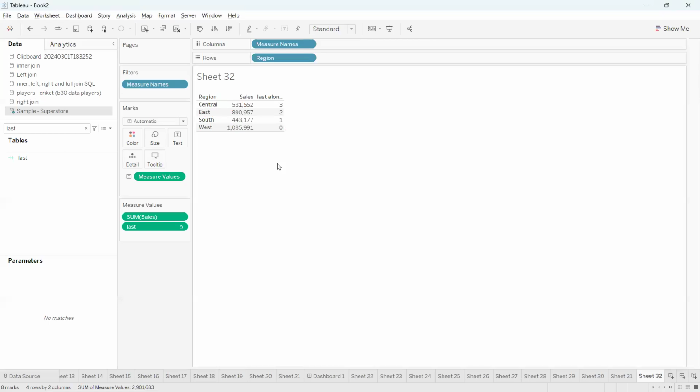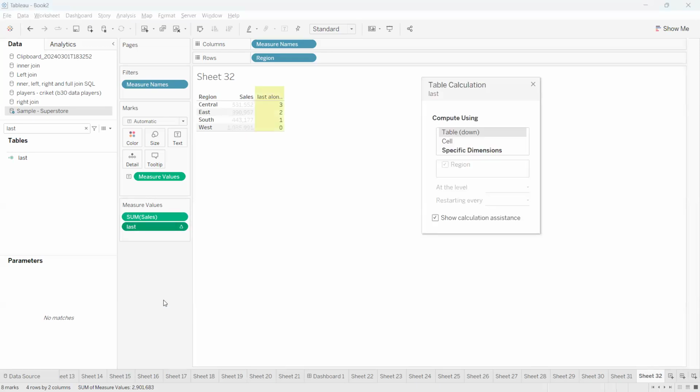But sometimes my requirement is: if I take all these regions, what is the highest sales we have? West has the highest sales. For that I want to assign 0. What is the next highest sales? For example, here 8 is the next highest sales, so I want to assign 1 to this one. So based on the sales value, my last function should assign integers. For that, I'll go to my last function drop down here,